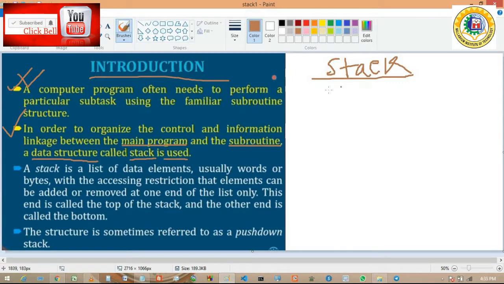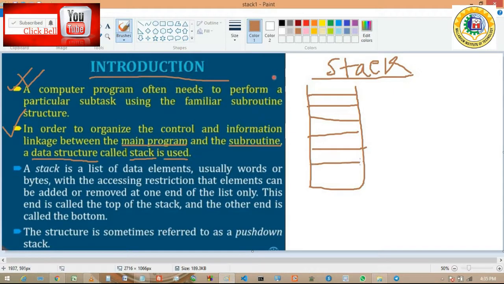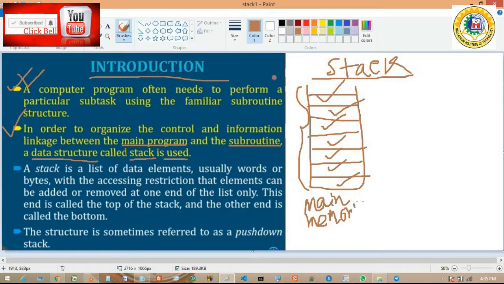Now whenever in the microprocessor we write a program, it is actually a series of instructions written into the main memory. Suppose this is your main memory. I have drawn the main memory structure. This is your memory location, and we have written different instructions to perform a definite task in the main memory. So this is an ordinary structured program. We have assumed that we have written a program in the main memory to perform, suppose, the addition